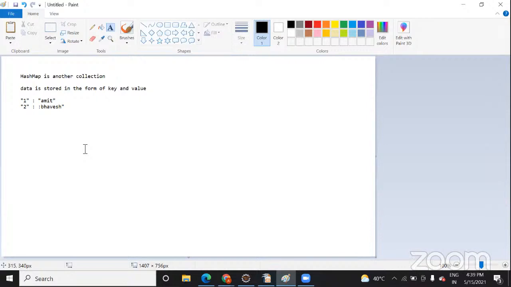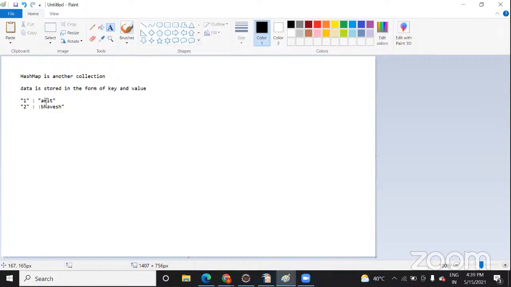Like suppose here one can be Amit, two can also be Amit. Yes, it is possible. So you can say one to many can be possible, but many to one cannot be possible. Like one and two cannot have the same value. So they are uniquely identifying the data, and you can manage a collection in the form of keys.